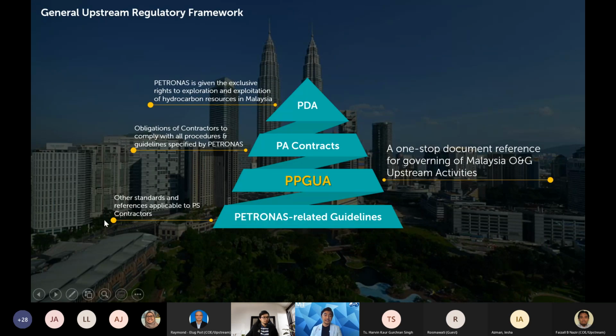On the screen, you can see the pyramid of the General Upstream Regulatory Framework. From the top, the PDA stands for Petroleum Development Act, which vests in Petronas the entire ownership and exclusive right to exploit Malaysia's petroleum resources. Petronas is a corporation wholly owned by the government of Malaysia and is directly answerable to the Prime Minister, so there's no ministry. This body also provides expert advice to the government on oil and gas matters, regulation, and incentives in ensuring a conducive environment for upstream